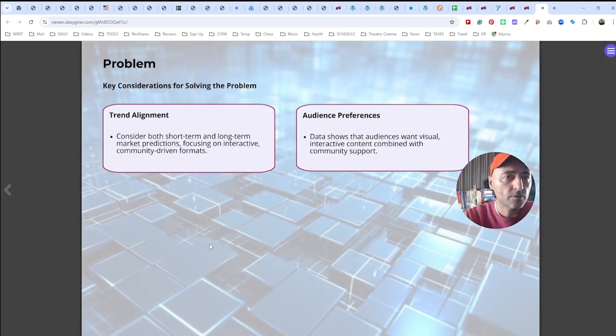Key considerations for solving the problem. Trend alignment: consider both short-term and long-term market predictions, focusing on interactive, community-driven formats. And audience preferences: data shows that audiences want visual, interactive content combined with community support. So that's today's problem,